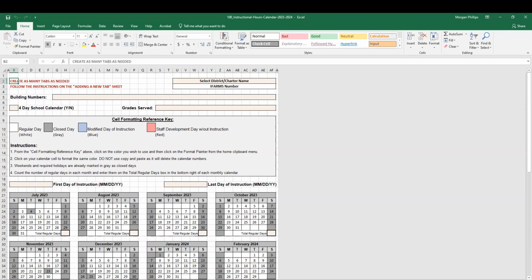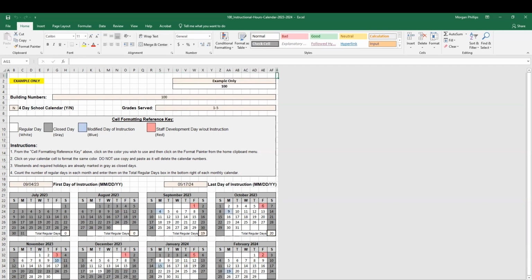In fact, if you have one that you aren't using, let's say you don't have half day calendar or kindergarten and you only have full day, you can go ahead and delete this tab by right clicking on it and hitting delete. But for sake of today, I have this example already done. And if you open the form on the website, this example is still in the template so that it's a good reference for you. So let's go ahead and go through this.